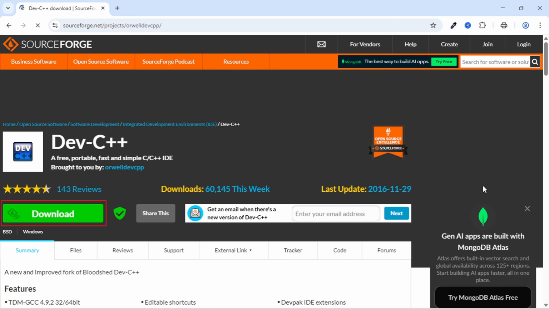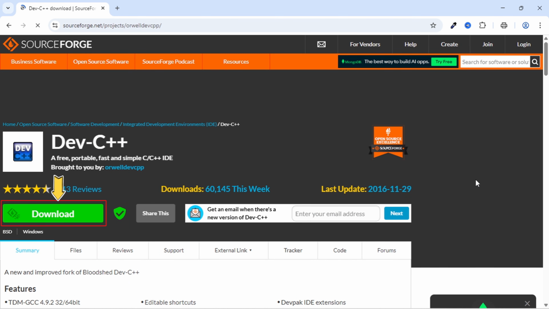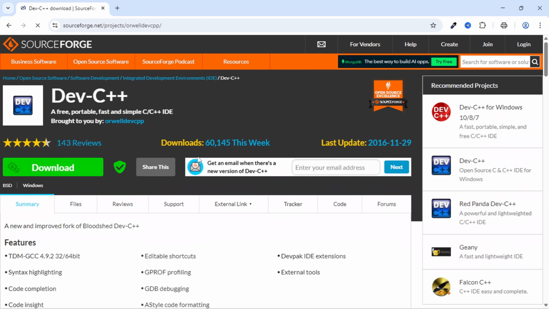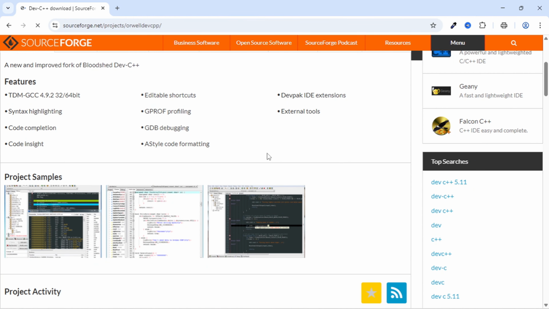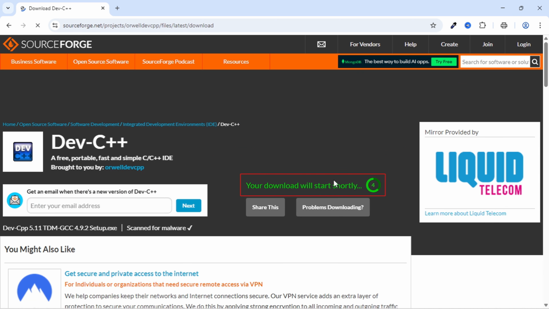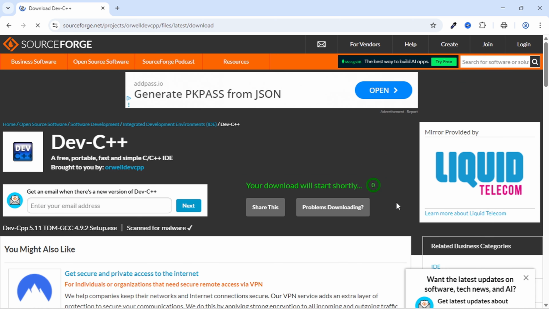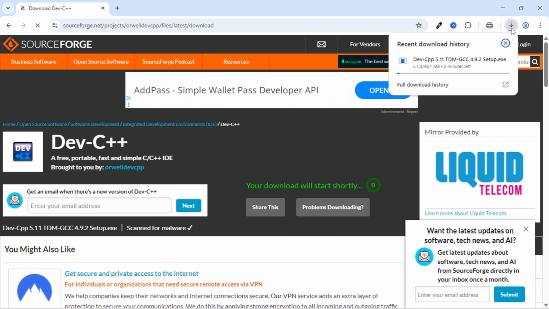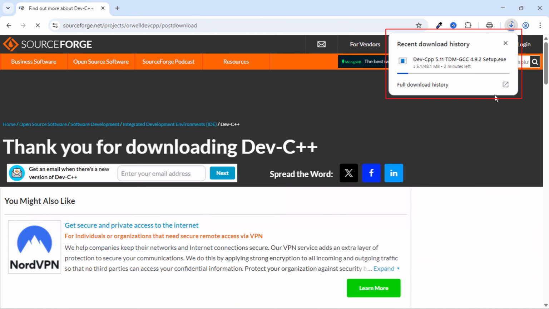Once you're on the official page, you'll immediately see a prominent green download button. This is the latest stable version of Dev C++. Click the download button and the installer file will start downloading automatically. The file is relatively small, usually around 50 megabytes, so it should only take a minute or two depending on